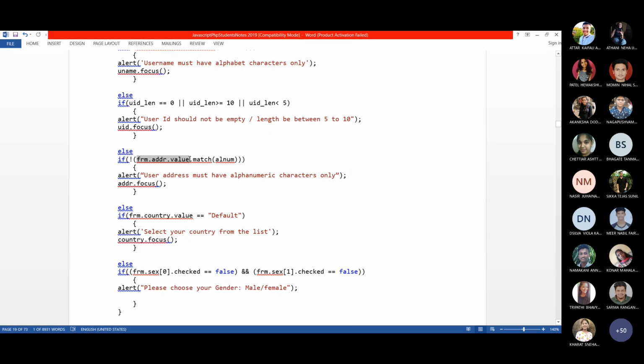If they did not get any alphanumeric character, that is negation, so I put an exclamatory symbol. If match gives null, then only the error message should be displayed. Then the same, I am focusing on the particular control.